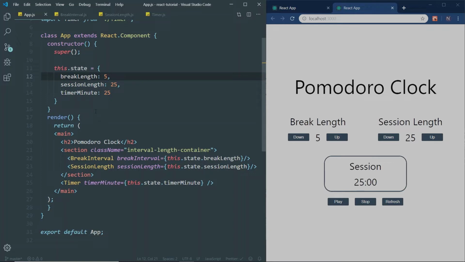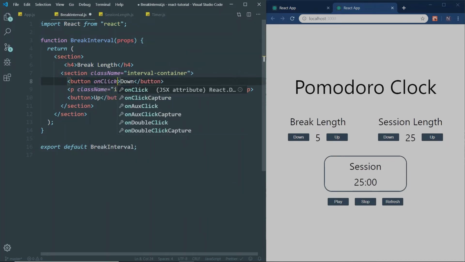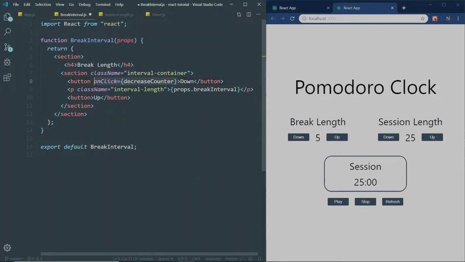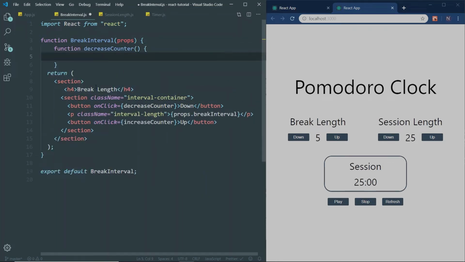So the way we do that is let's take care of the event handlers here. So we'll do onClick, and then we'll do, this is a function, right? So we're going to just do decrease counter. I'm going to copy this and put this in here as well. And we'll call this increase. Two basic functions here. We'll have function decrease counter, and then we'll say, so we need to have a check